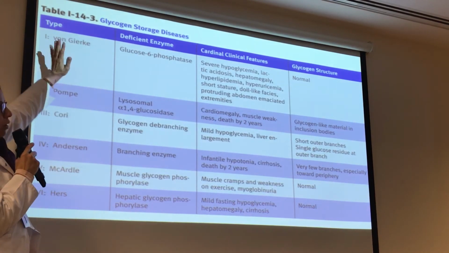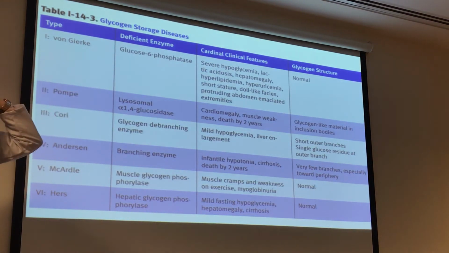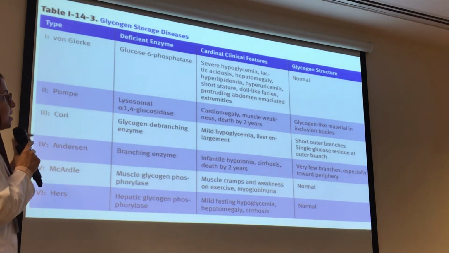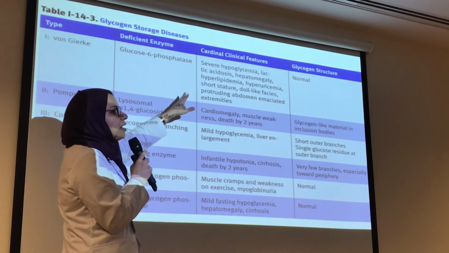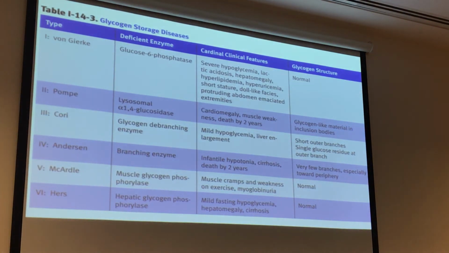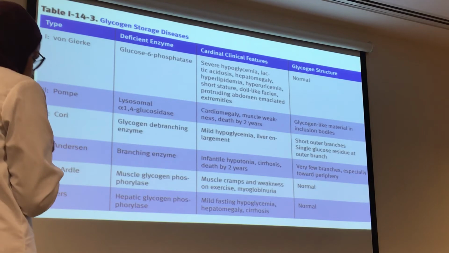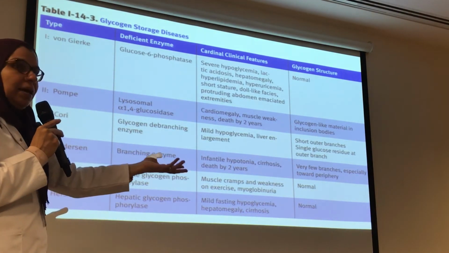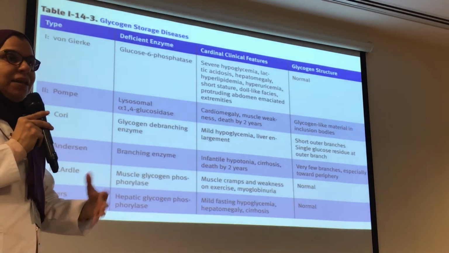You should remember one on its own. This is the most common disease. It's called von Gierke, after the name of the doctor that discovered it. So this is the disease where you have severe hypoglycemia. Why severe hypoglycemia? Because it's stored. Because it's not free to go out. So any glucose in the liver is kept in the liver. It will not be freed, okay? And the liver's function is to regulate the blood sugar. If we cannot free that blood sugar to the blood,